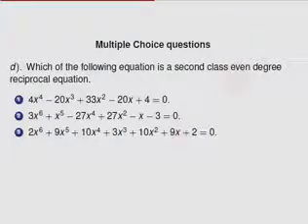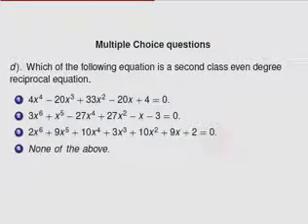Then the next one is definitely an even degree with like coefficients, a naught is equal to an, that is 2 is equal to 2, and the next one is none of the above. So the answer is 2, because a naught is equal to minus of an, that is 3 is equal to minus of minus 3, so therefore the answer is 2.